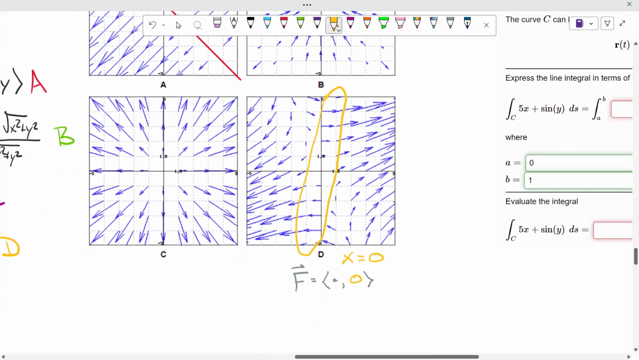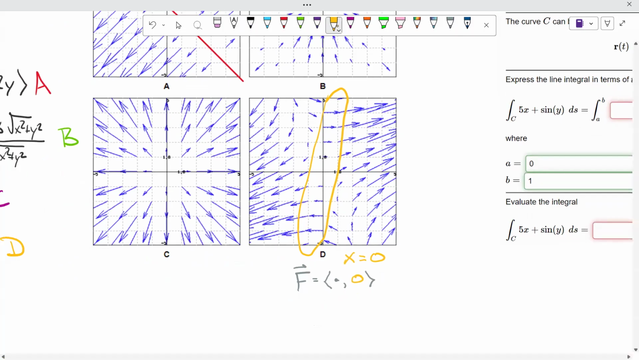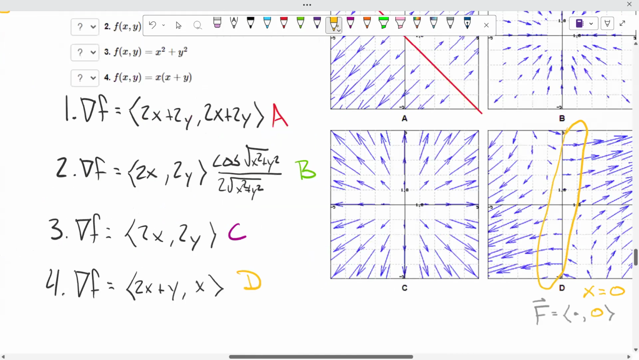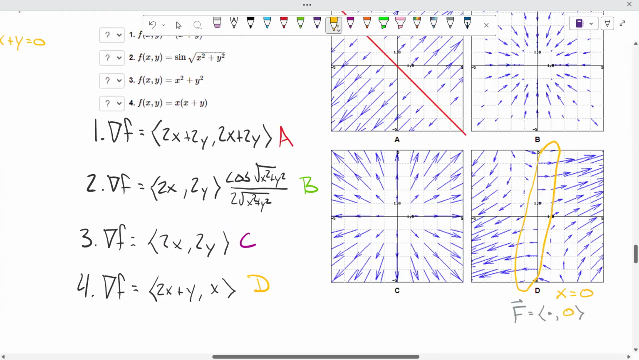So I might be looking for a field here that has an x dependency in the y component of the vector, so that q component. I'm thinking I'm going to see an x show up in that position. So looking at my available options, I think 4 is a pretty good bet